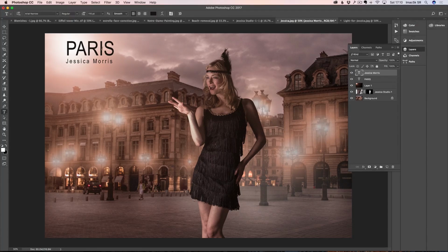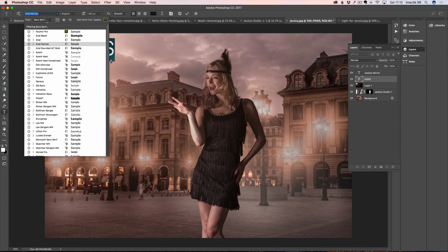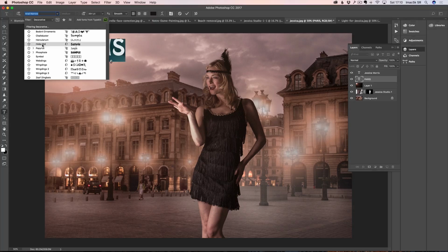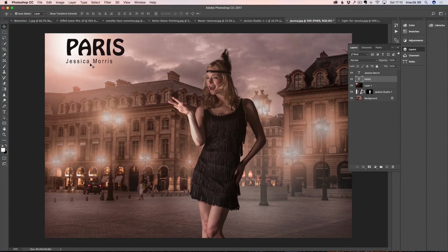Now, I want to do something more cool for Paris. So I'm going to take T again. I'm going to reselect my text here. And I'm going to go here. And this time, in filter, I'm going to use decorative. And I'm going to go for Hobo. Hobo is a type of, you know, Art Deco font that you find a lot in Paris, in the Metropolitan. That font was used a lot in Paris in the early 19th century, which I don't know exactly how. But okay, I'm going to click here on Jessica Morris